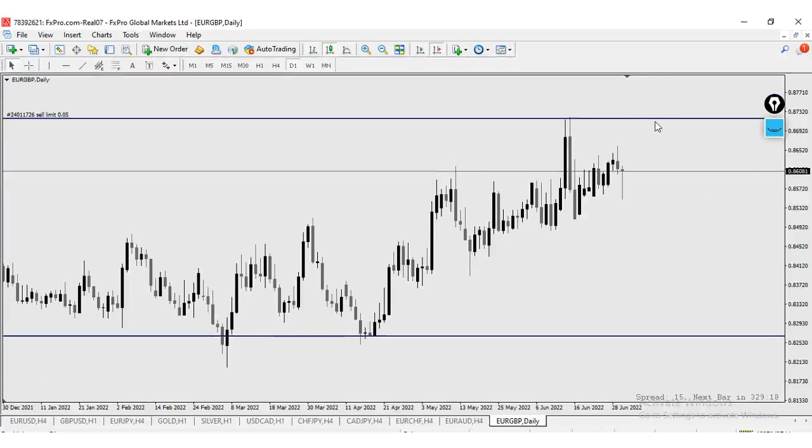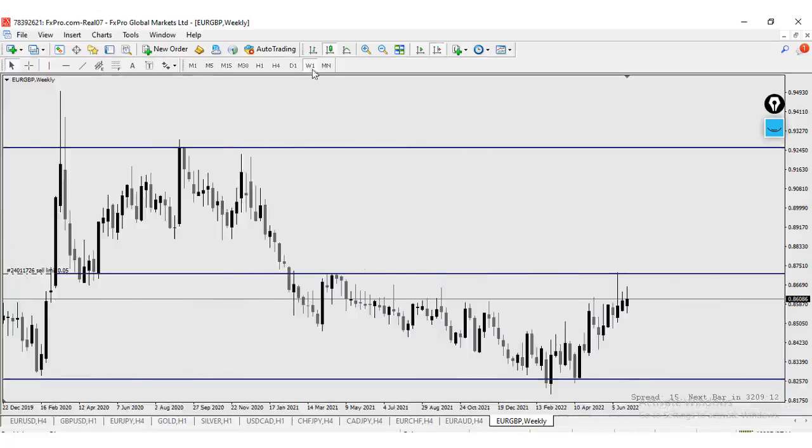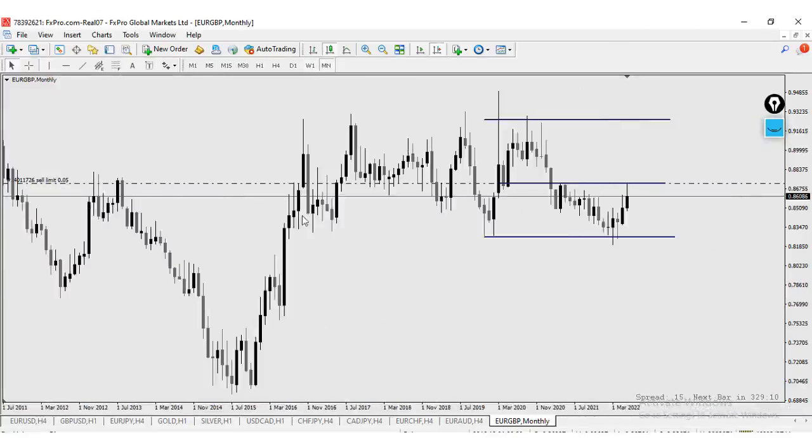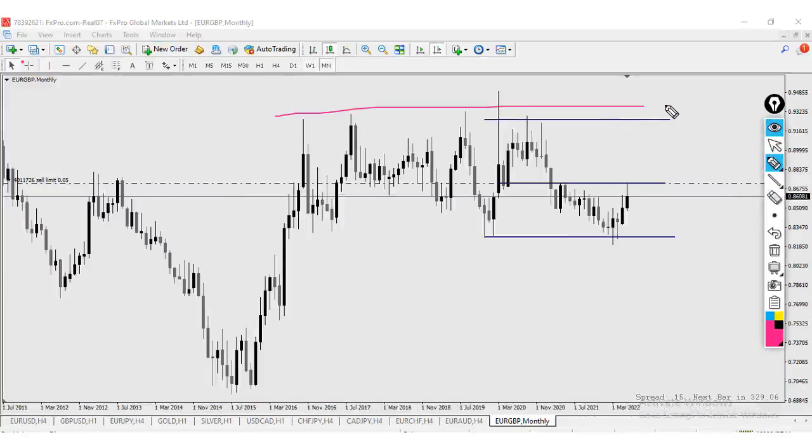Will price leave there immediately? No. But will it eventually leave it? Yes. Why? Because on the higher time frame, which I am trading off of, price has been trying to break this level for weeks, even if not years. It hasn't been able to break it. 2016, 2017, 2018, 2019, 2020, price has been rejected in these highs.